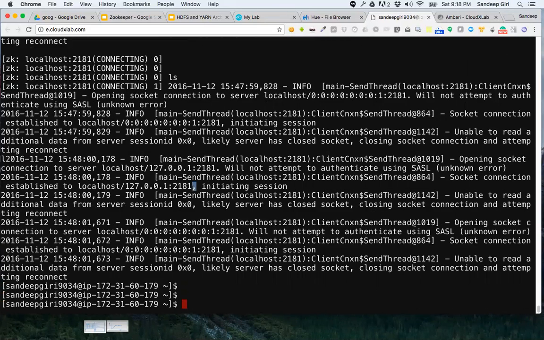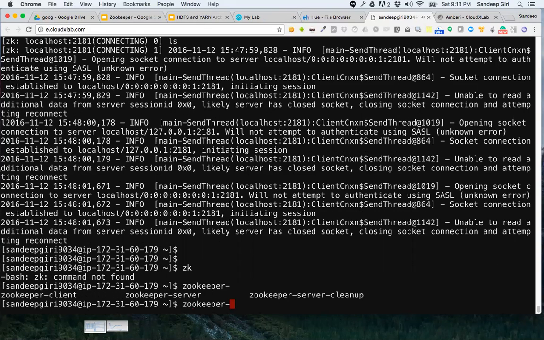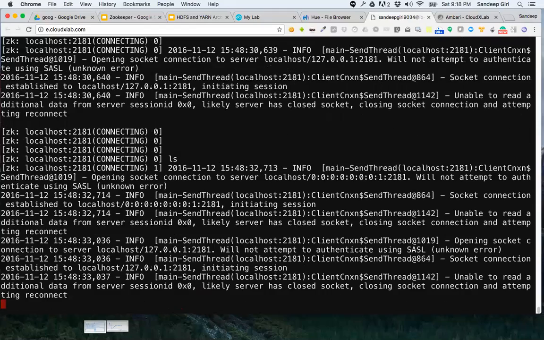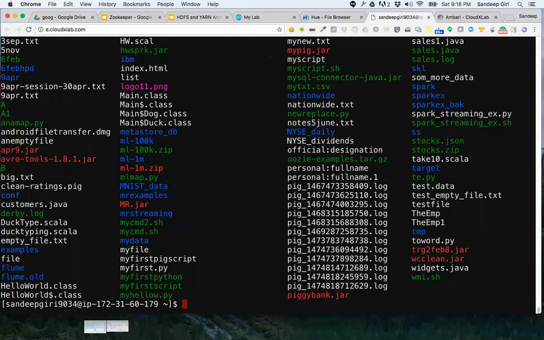Ouch. Looks like it's not running. No, actually, it's not connecting for me. Let me take a look at it.